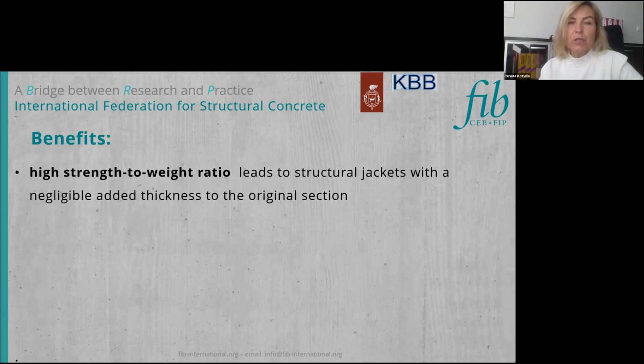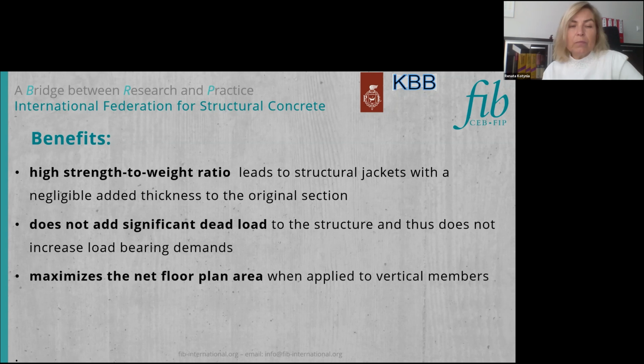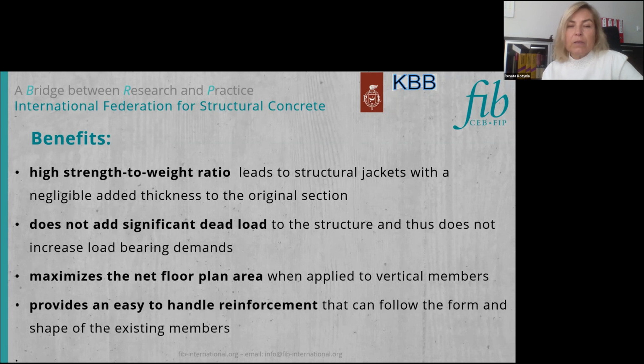The benefits of this technique are, especially, the high strength-to-weight ratio, which makes jacketing of the structures possible with negligible added thickness. It does not add much weight to the structure, and does not add a very big thickness to the original section. It does not add significant dead load to the structure, and it does not increase the load-bearing demands. It maximizes the net floor plan area, especially if it is applied to vertical members. It provides easy-to-handle reinforcement,